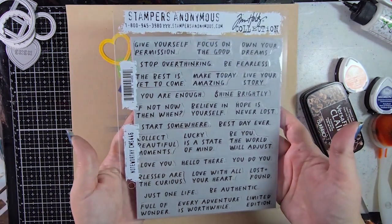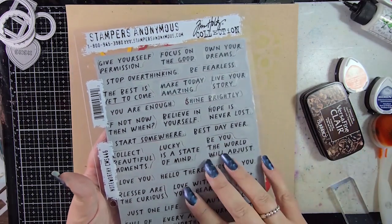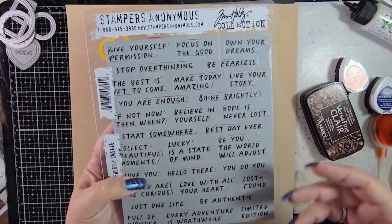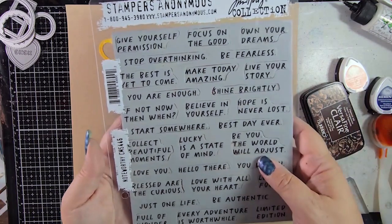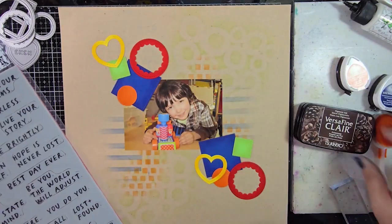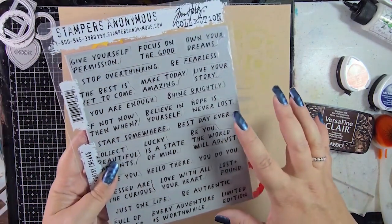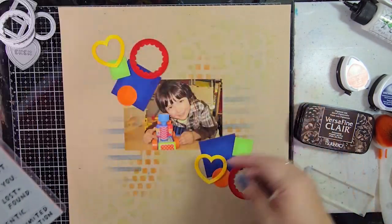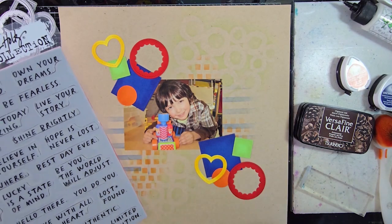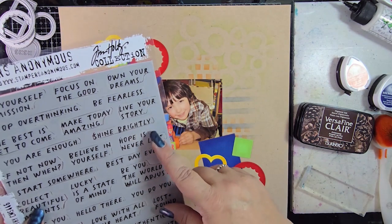So I have my beloved Noteworthy stamp set from Tim Holtz and Stampers Anonymous. If you don't have this stamp set and you need nice words that are not just happy birthday and thank you, this is it. I'm telling you, you got to get it. So I've got VersaFine Clair in Pinecone. I've got a teeny tiny block, and we're just going to put a few different things on here. So I think that I want to start, and we're going to hide this as best we can because that is making me bananas. I think that I want to start with